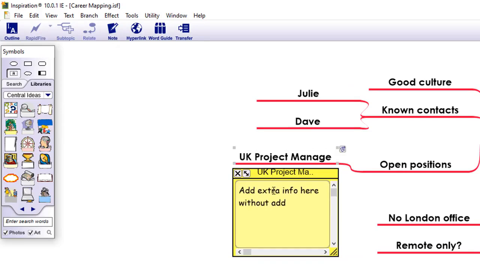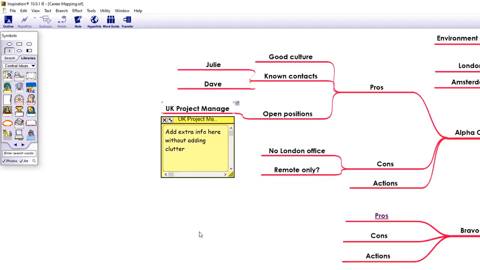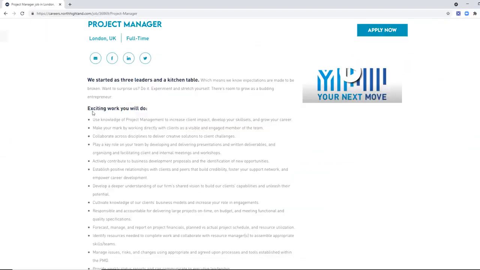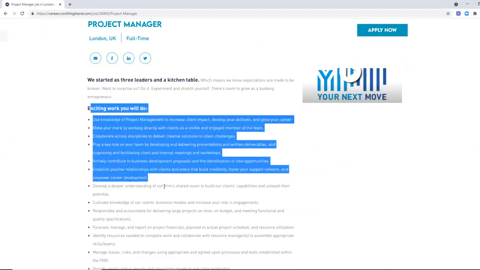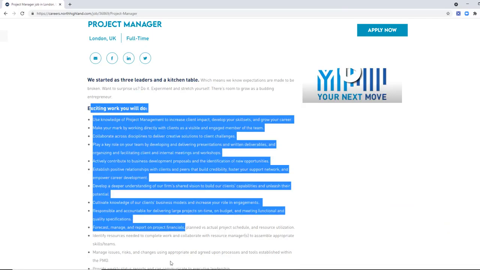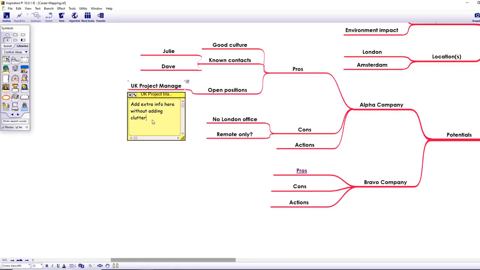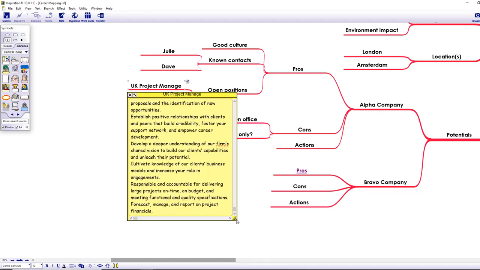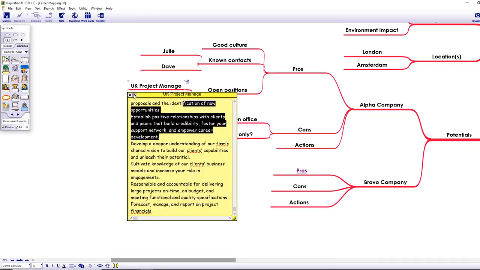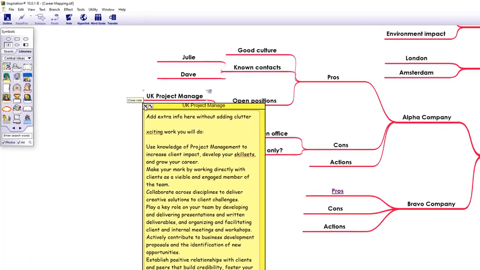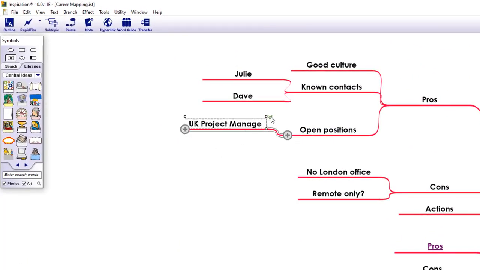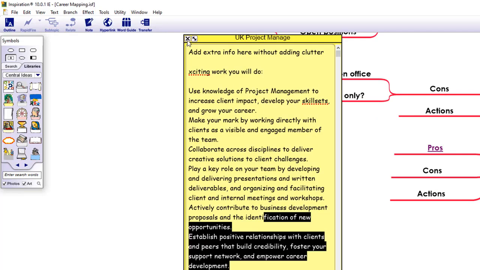So for example, when we're looking at jobs and things like that, I might copy and paste a section of text from their webpage that I want to keep easily available and readily to hand. This is a great way to add huge extra depth to your mind map without creating too much clutter and making it hard to manage. When you don't need to see this information, you simply collapse the note so it goes out of sight, leaving just this little icon on the screen to tell you that there's more information beneath the surface if and when you need it.